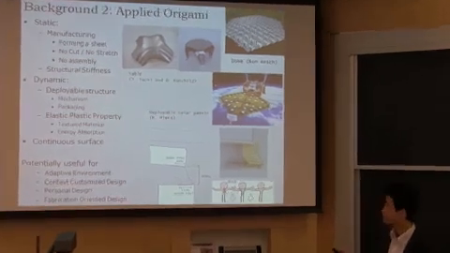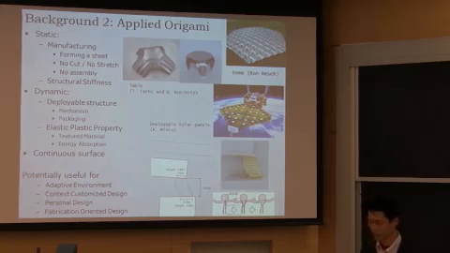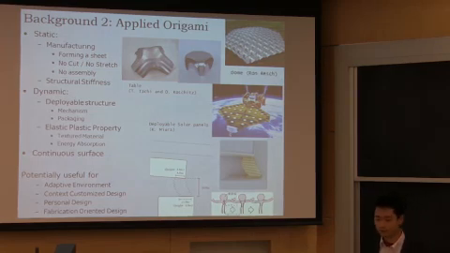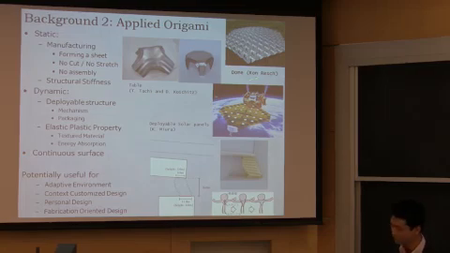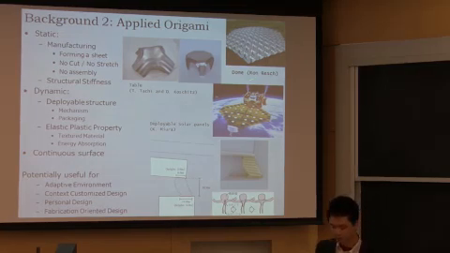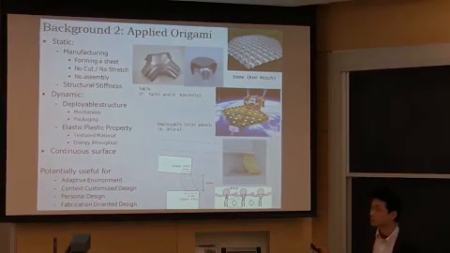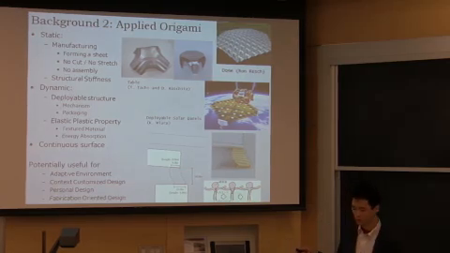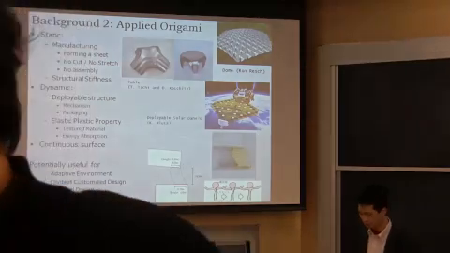For example, we can use sheet folding for manufacturing a 3D surface, or use it for increasing the structural stiffness. These are examples of 3D surfaces formed from a sheet of metal. We can use the dynamic property of origami for deployable structures, such as this folding of solar panels,